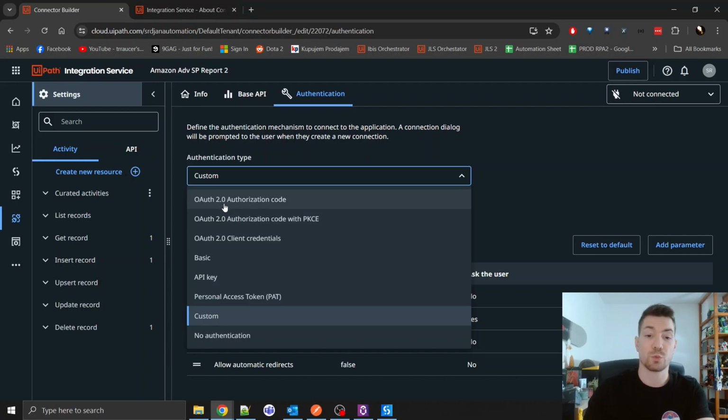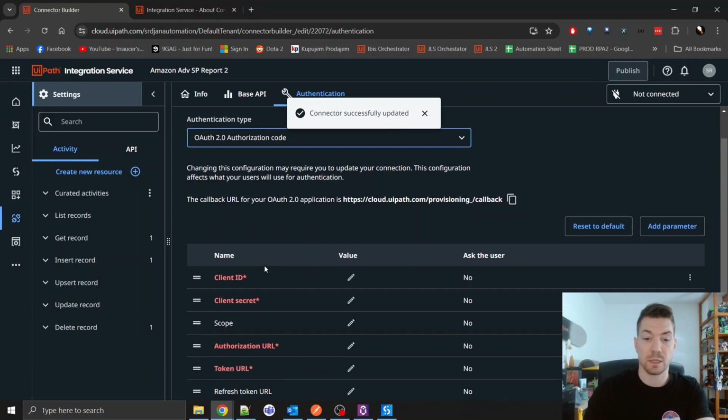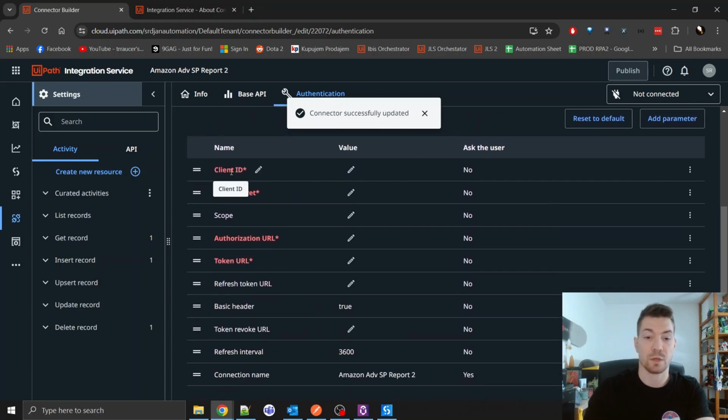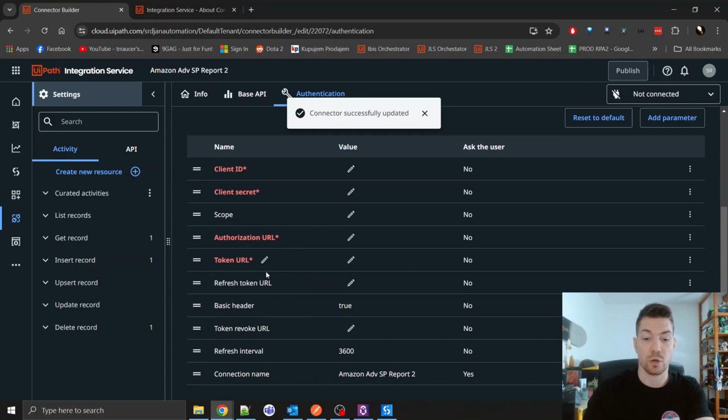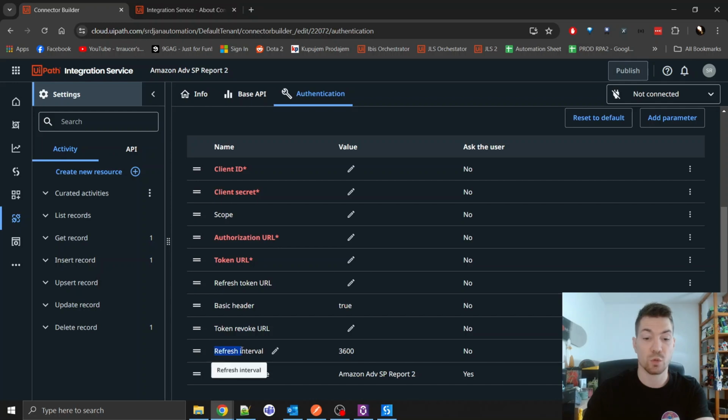So in our case, we're going to select OAuth 2 authorization code. And you can see that there is a lot of information. So we have the client ID, the client secret, the scope, authorization URL, token, refresh token URL. So a lot of information is needed. And you can see that in here we have the refresh mechanism, the refresh interval. That is the polling interval when the UiPath is going to get us a new access token, which is really